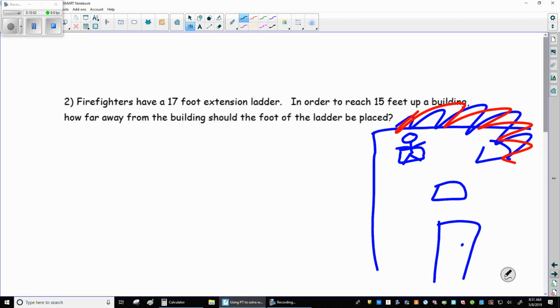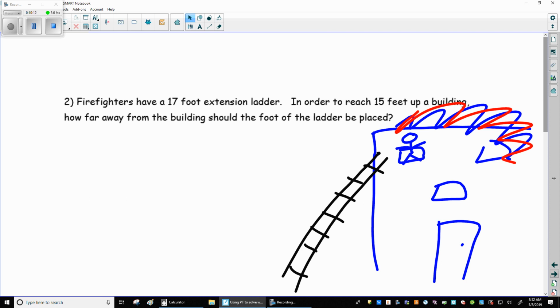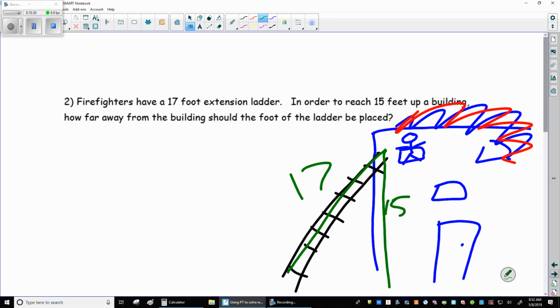We need to put a ladder up there, and the ladder that these firefighters have is 17 feet long. So let's color that one 17 feet. We need to reach 15 feet up the building. We need to figure out how far away we should put it. Well, I see my triangle in green. I see my right angle right there. And if I draw it to make the hypotenuse,